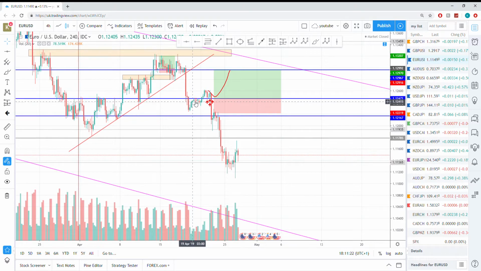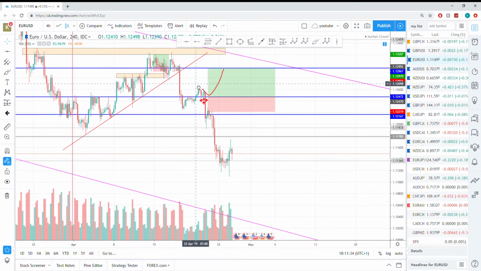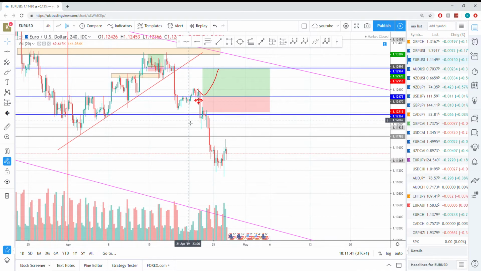In this first one we got a lot of sensitivity forming resistance. Then price managed to suppress this, but we didn't get to our next point. We had a lot of sellers in the market, and we shot all the way down to our next key zone level here